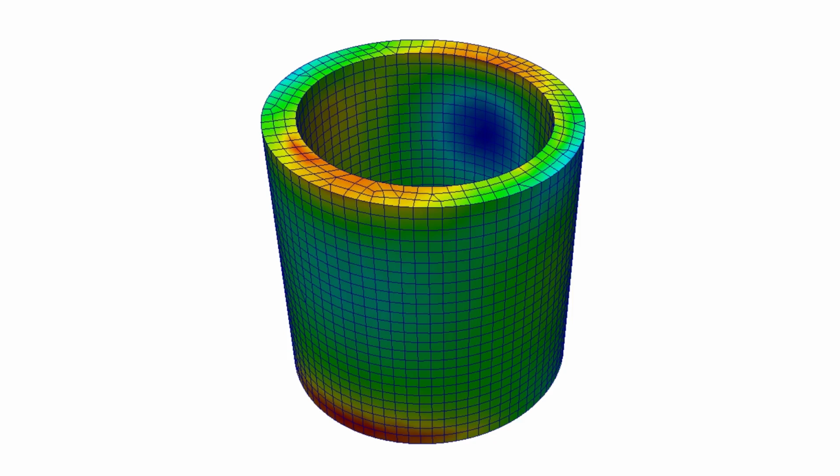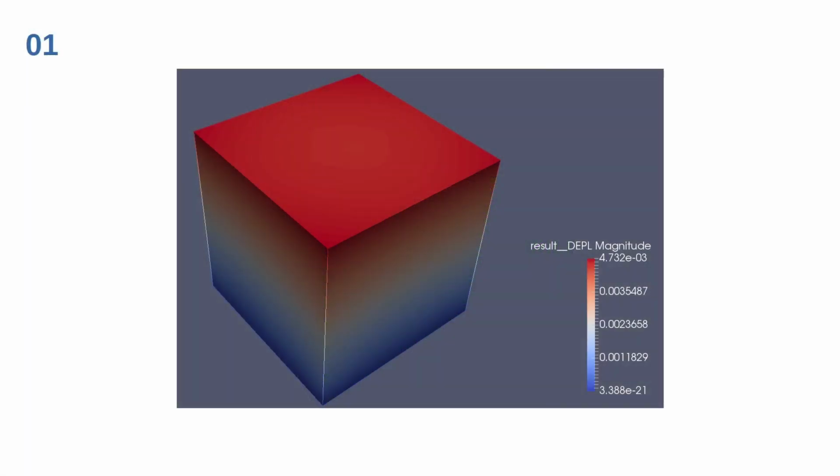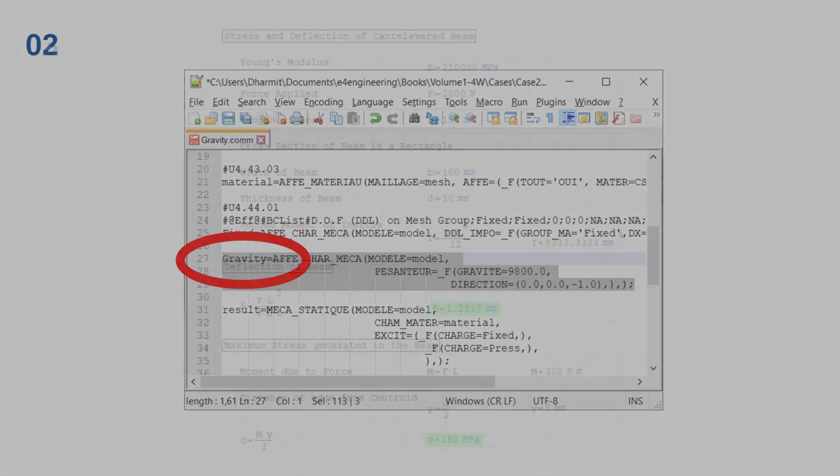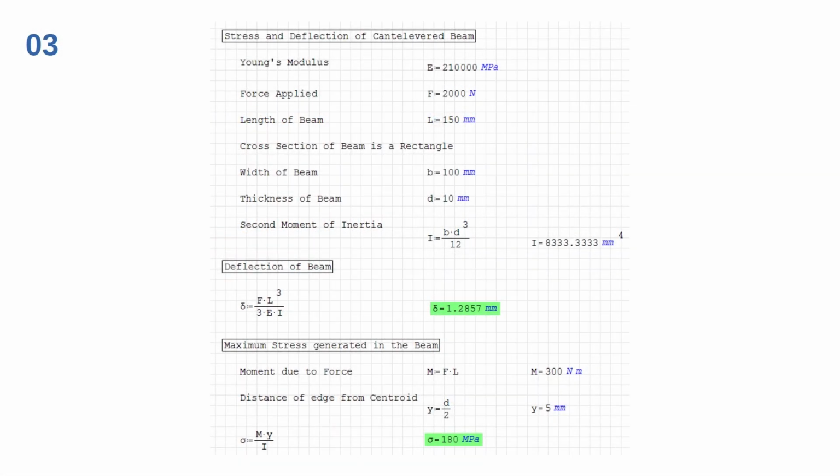evaluate results. First, we are going to do a very quick three-dimensional analysis of a cube to show how easy it is to conduct finite element analysis in Salome Meca. As the command file is a core part of finite element analysis, in the next case, we are going to edit this command file and add gravity load to the beam and see how easy it is to edit command files. Next, we are going to do a one-dimensional analysis of a cantilever beam and compare finite element analysis results